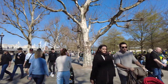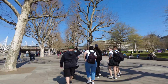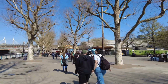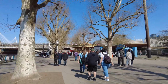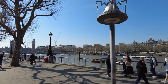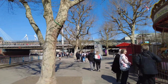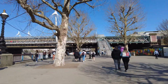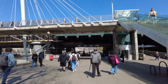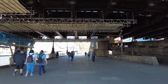We head down here towards the Hungerford Footbridge. It's one of the older footbridges on this stretch of the river. Takes you over to Embankment Tube, and I'd say on the other side offers very good views, particularly in the morning. On this side, probably at sunset, there's beautiful views of the River Thames if you're looking to take a photo. But we'll head underneath this bridge and past the South Bank Centre and National Theatre, which are sort of